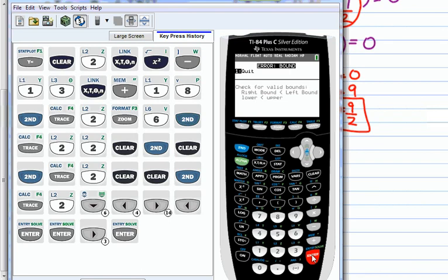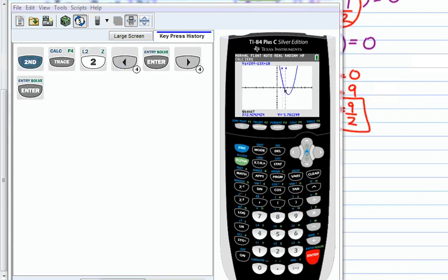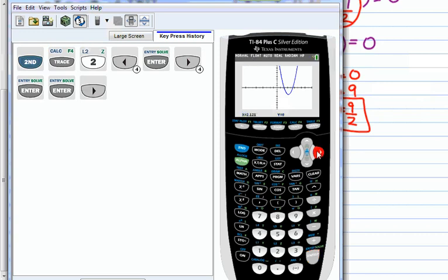Oh boy. All right. So I did the left bound, I did the right bound, and now it's asking me for a guess, but I do not have to guess. Hit enter. And it's telling me that my zero is located at x equals 2, which obviously we had already found. And then that means the other one is the 9/2. So if I want to do that one,